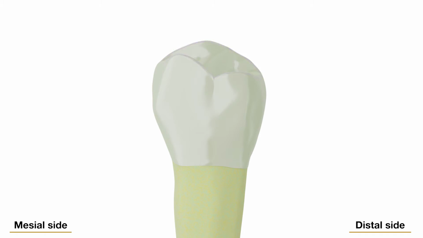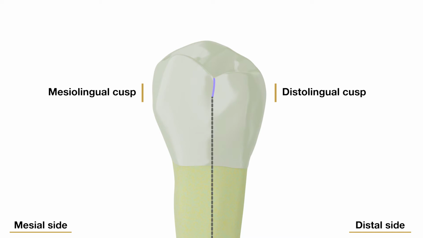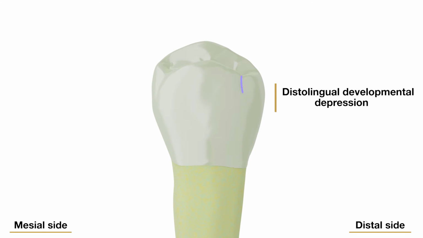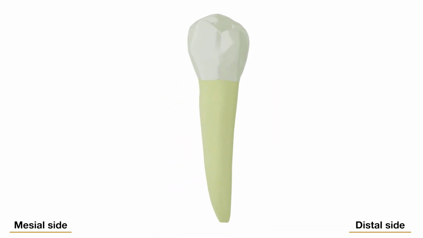In the three-cusp type, mesiolingual and distolingual cusps are present, with the mesiolingual cusp being the larger and the longer one in most cases. A groove is present between them, extending a very short distance on the lingual surface and is usually centered over the root. In the two-cusp type, the single lingual cusp development attains equal height with the three-cusp type. This type has no groove, but it shows a developmental depression distolingually where the lingual cusp ridge joins the distal marginal ridge.